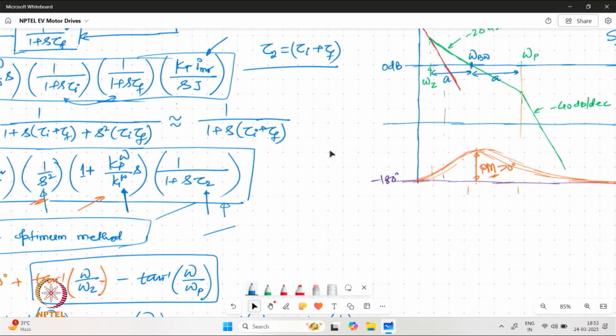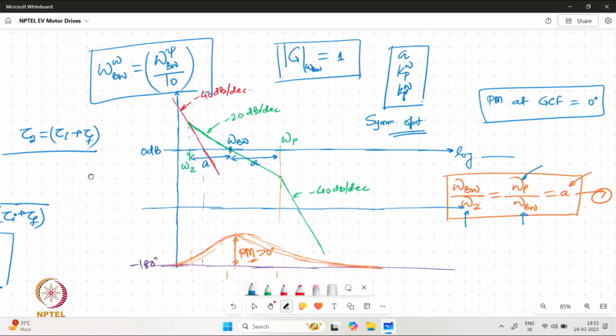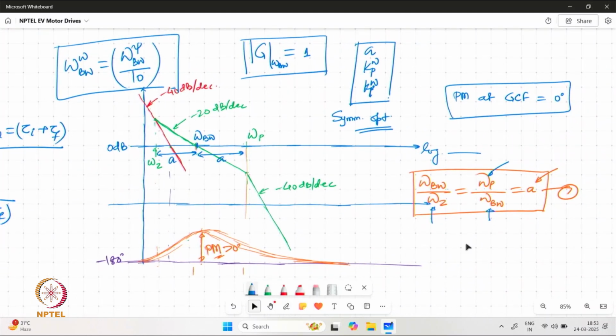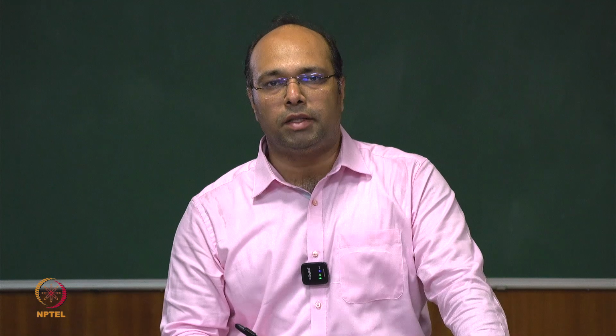So if we analyze the Bode plot of the system, what we are finding is that the open loop transfer function for the uncompensated system is going to have magnitude plot falling at minus 40 dB per decade slope, and if this is allowed to cross the 0 dB line, the gain crossover frequency, the phase is going to remain at minus 180 degree. However, for a stable system, we need some positive phase margin in the system, and which